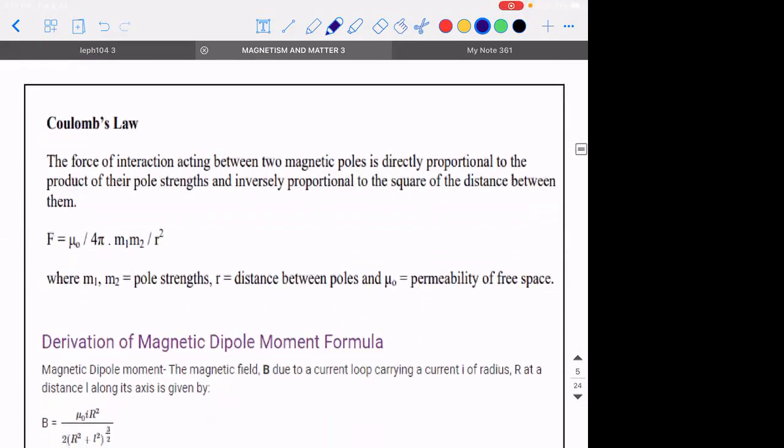Next. So every magnet has two poles, right? What are the two poles? Obviously, we call them the North Pole and the South Pole. So if you take each pole close to some other magnetic substance, what will happen? These poles will exhibit a property of magnetism and they will try to attract that material towards itself.